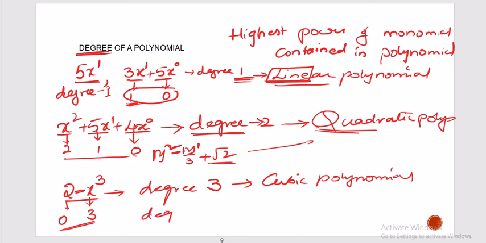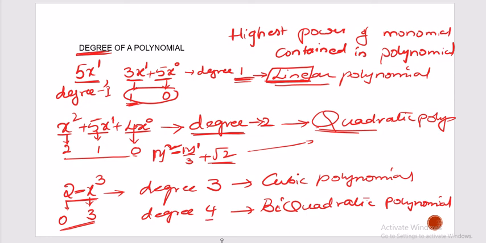Suppose the degree is 4, then we call it a biquadratic polynomial. When the degree is 4, we call it a biquadratic polynomial, and after that there is no specific name for the polynomial. Up to degree 4, they are given names separately, right? Degree 1 is linear, degree 2 quadratic, degree 3 cubic, degree 4 biquadratic, and after that,